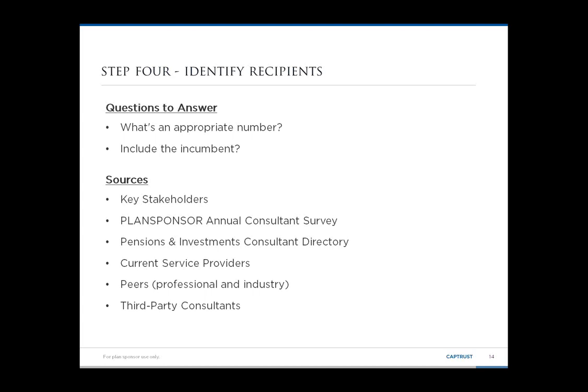You can outsource this entire process to third-party consultants, and those can range from other advisory firms to risk attorneys, benefit brokers, or groups that only focus on conducting advisor RFPs for plan sponsors. If you do it, make sure you understand their experience first. You want to understand how often they do this and how many have they done for a retirement plan specific